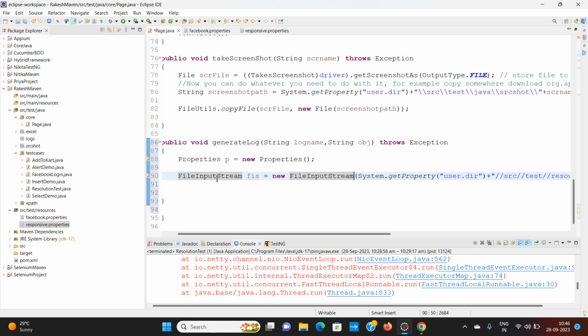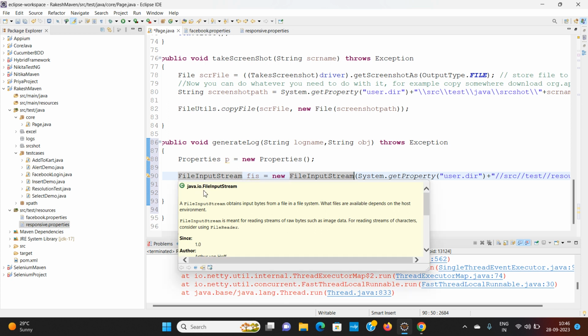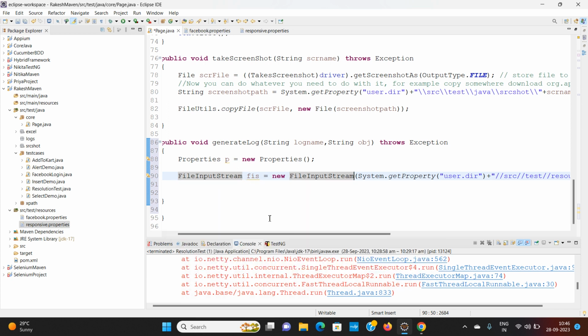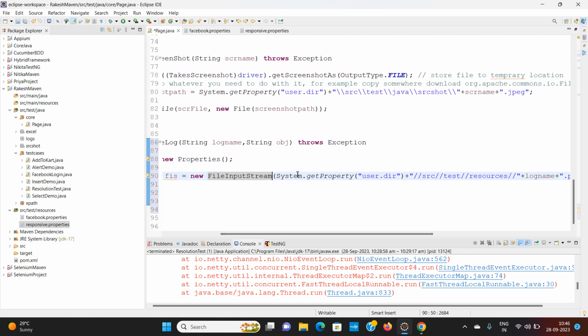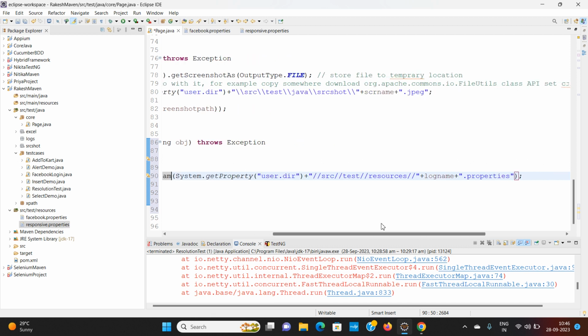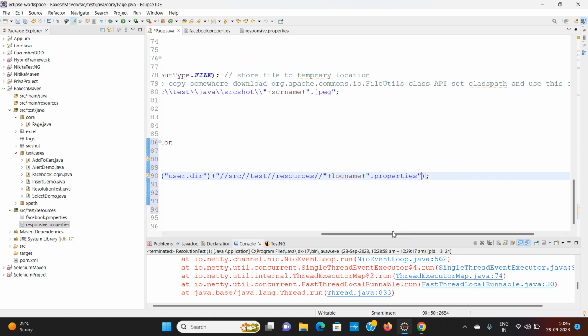Okay, FileInputStream is coming from the java.io package. We have to import it. So what is this FileInputStream doing? FileInputStream is reading the file from this location, src test resources, and the name of the file dot properties, dot properties,